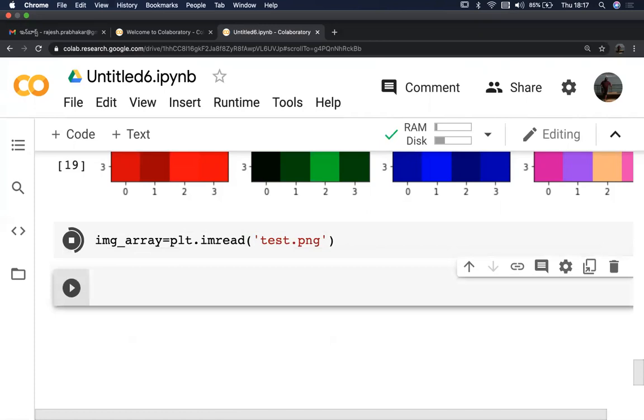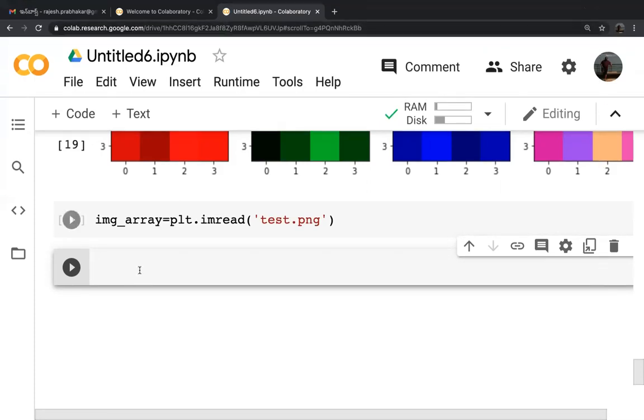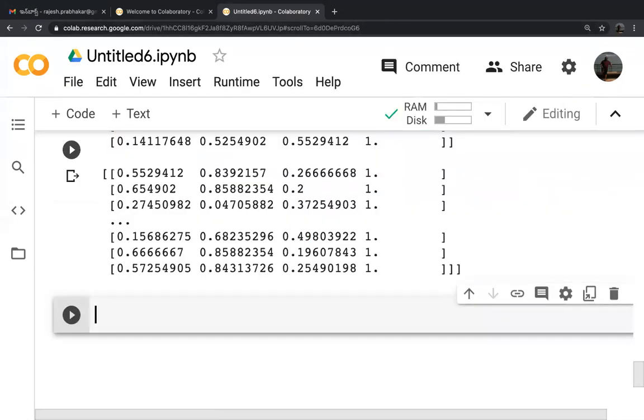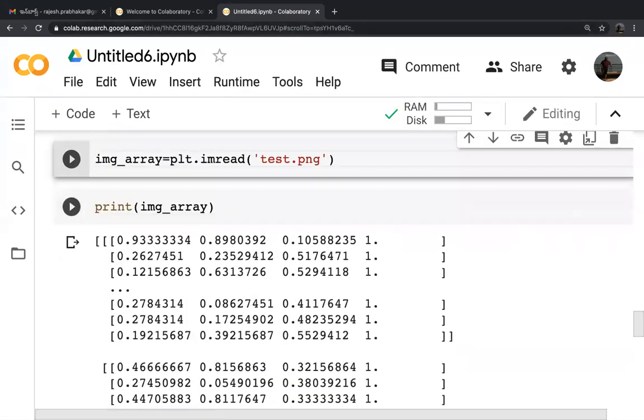We have saved in our folder an image called test.png, right? Which we created at the top. I am importing the data and I want to see how this image is converted into an array. Print image_array. See, we got the values of the array.